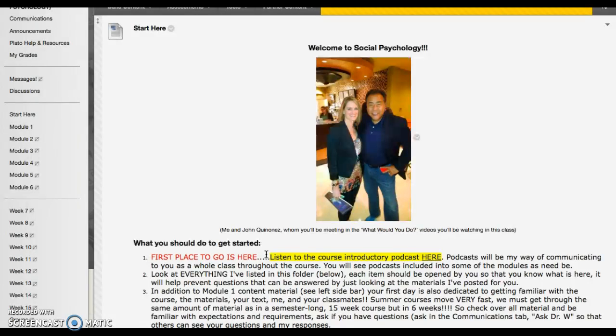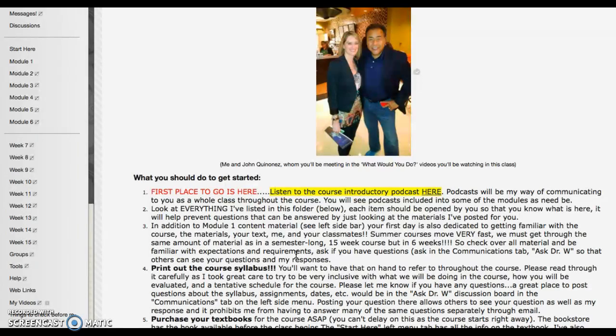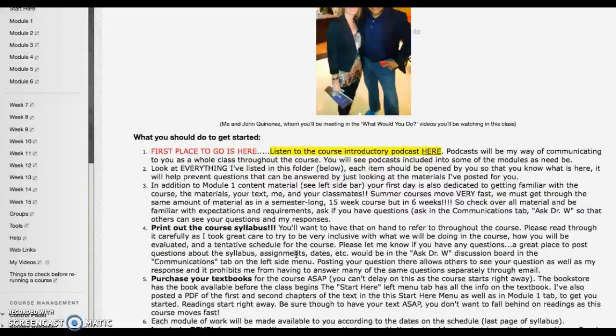So the first thing you're going to want to do is just kind of filter through this, read through it. You might need to read through it a couple times, just checking and making sure you got everything. It really is meant to sort of orient you to how the course is going to run. And I give you a lot of information, and it definitely is going to take a little digesting. Okay, so